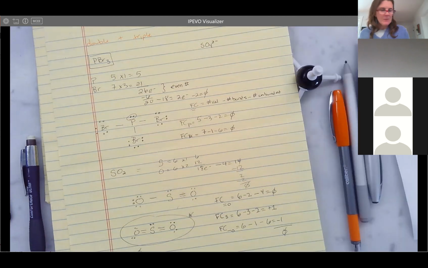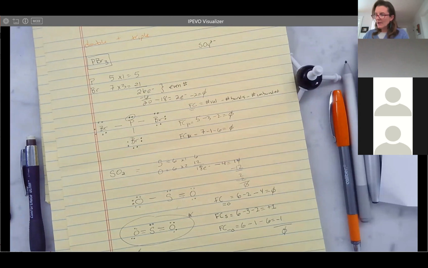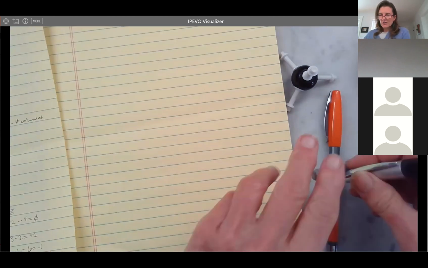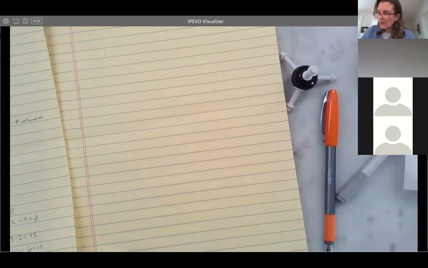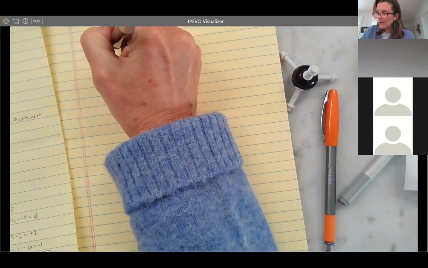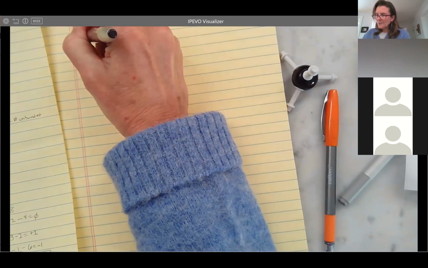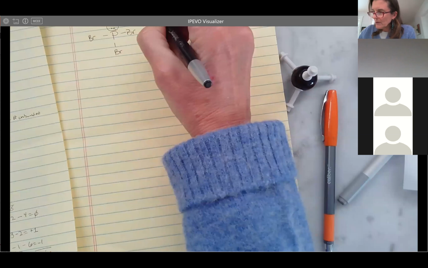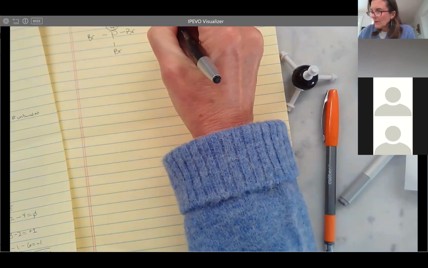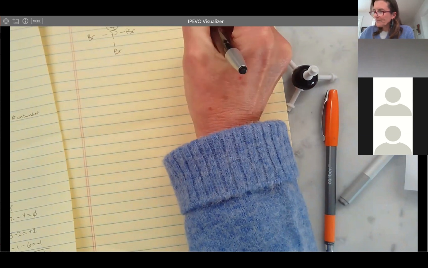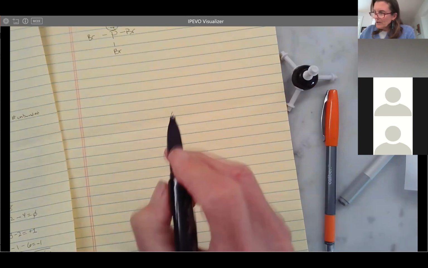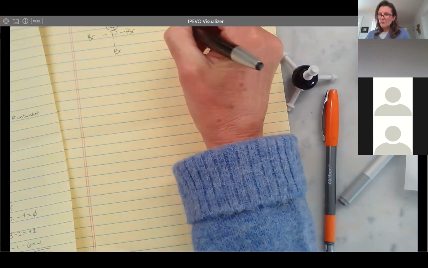Okay, so we also have to think about the shape of molecules. If you look at PBr3, I'll redraw the Lewis structure. PBr3 has what we call 4 electron groups. And an electron group is either a bond. It's the number of things